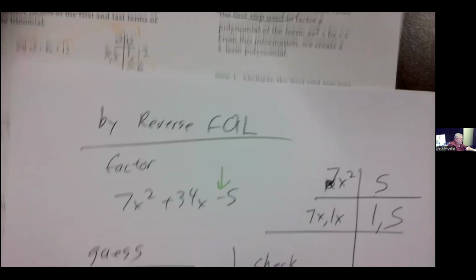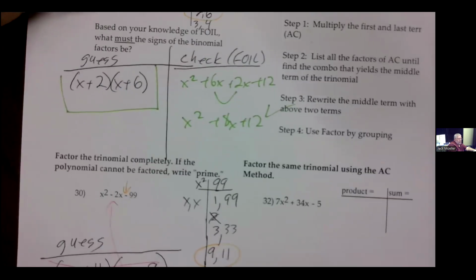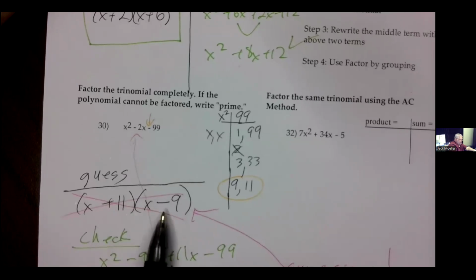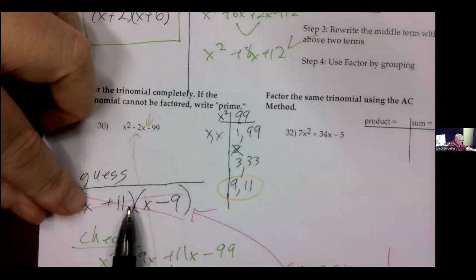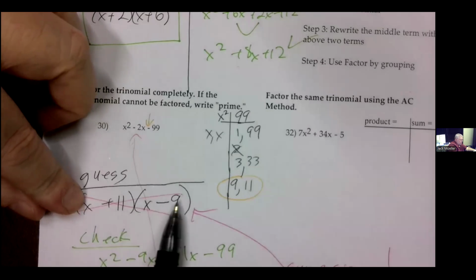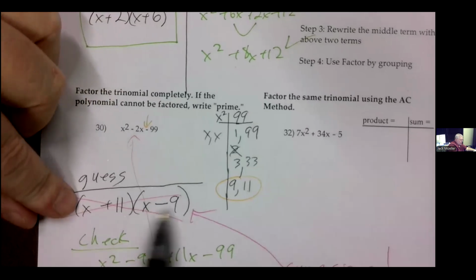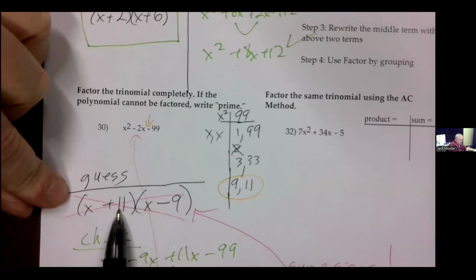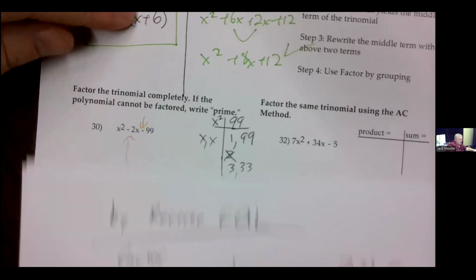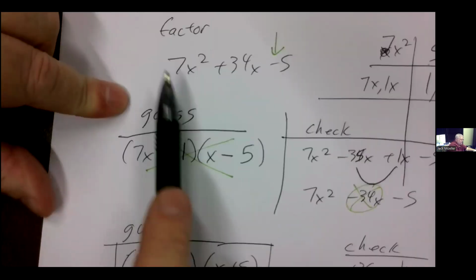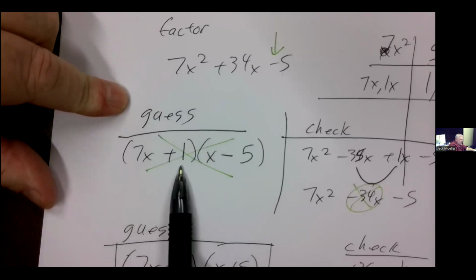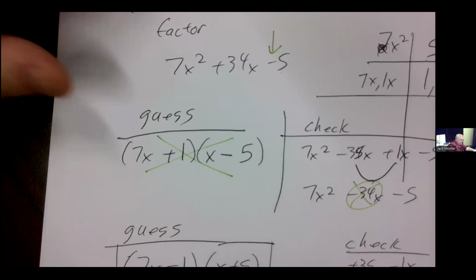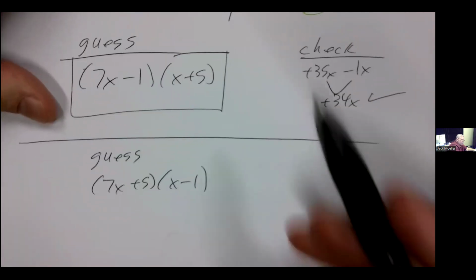Now notice up here, for these that have 1x squared, you never have to swap those numbers, because you're still multiplying the 11 times 1x, no matter where that 11 is, because there's a 1 in front of both of those x's. So all that matters with that 11 is the sign. But once you start putting numbers in front of your x squared, which binomial that number goes into changes the problem. And so if we check this,